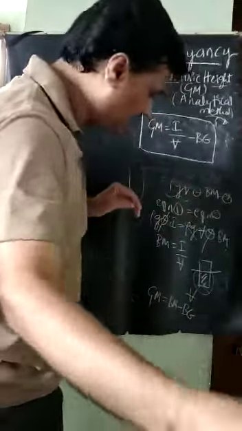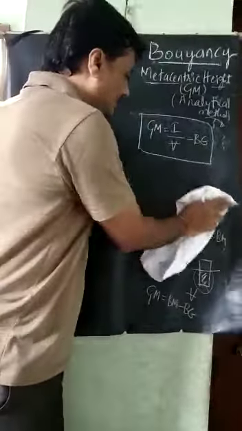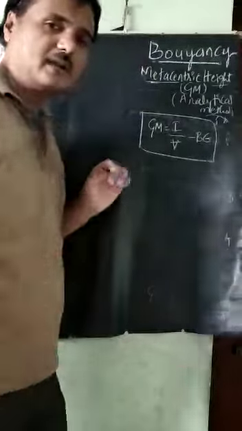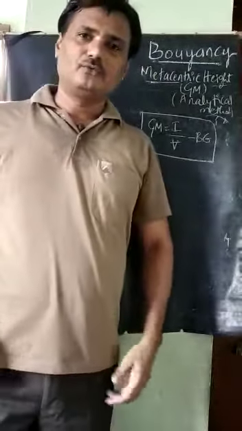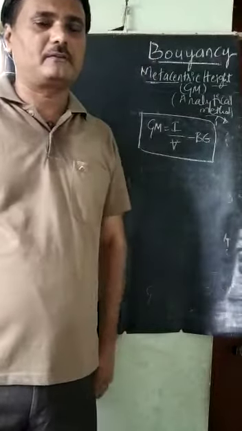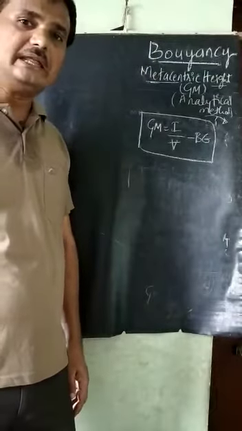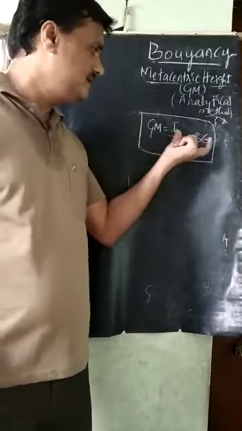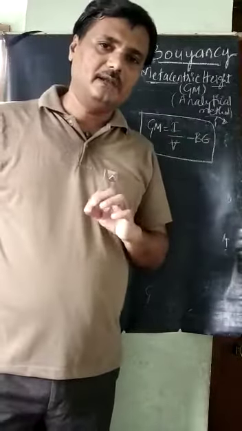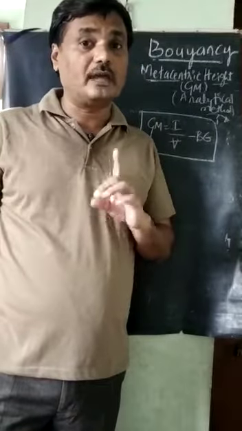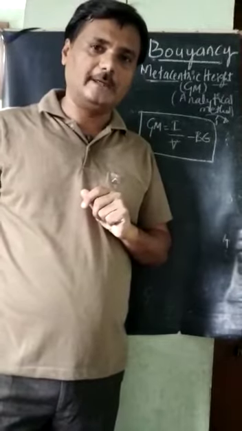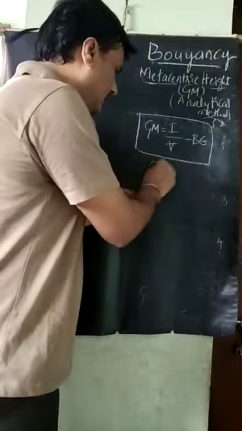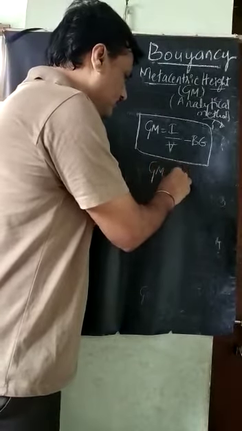Analytically, mathematically, we have derived this equation. By this equation we can find out the metacentric height. We will give some time to how this equation is used practically. I by the volume we already know. BG is the distance between the center of buoyancy and the center of gravity of the body. Now, in case GM is positive,